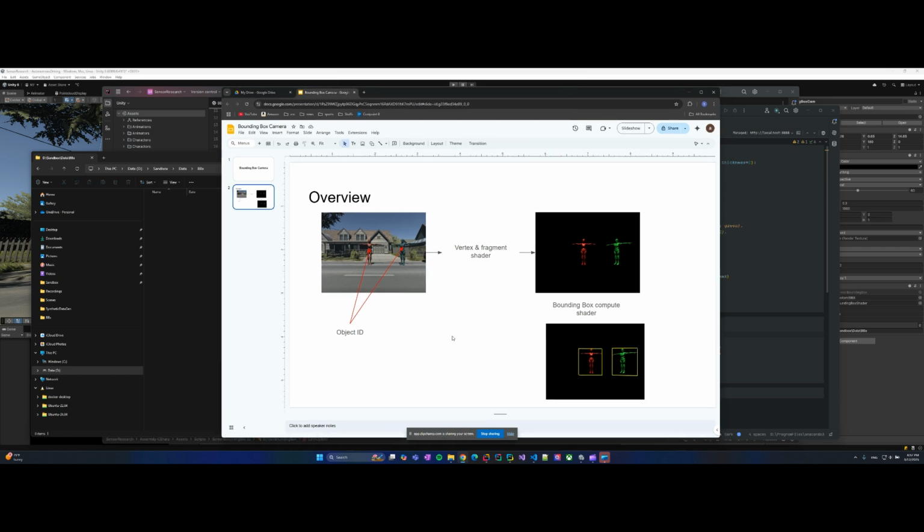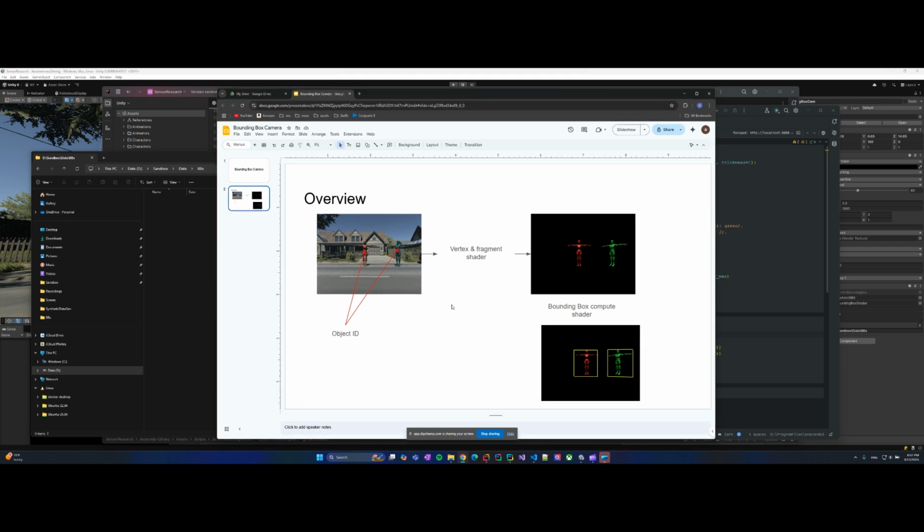So let me give you an overview. The first thing that we do on this bounding box camera implementation is, first of all, we need to assign an ID on each of the objects that we want to detect. In this case, I have placed two robots here, and I assigned object values for both of them. Then once that's done, I'm going to use a camera along with the vertex and fragment shader to actually replace the camera image with all black and replace each of these robots' values with its ID